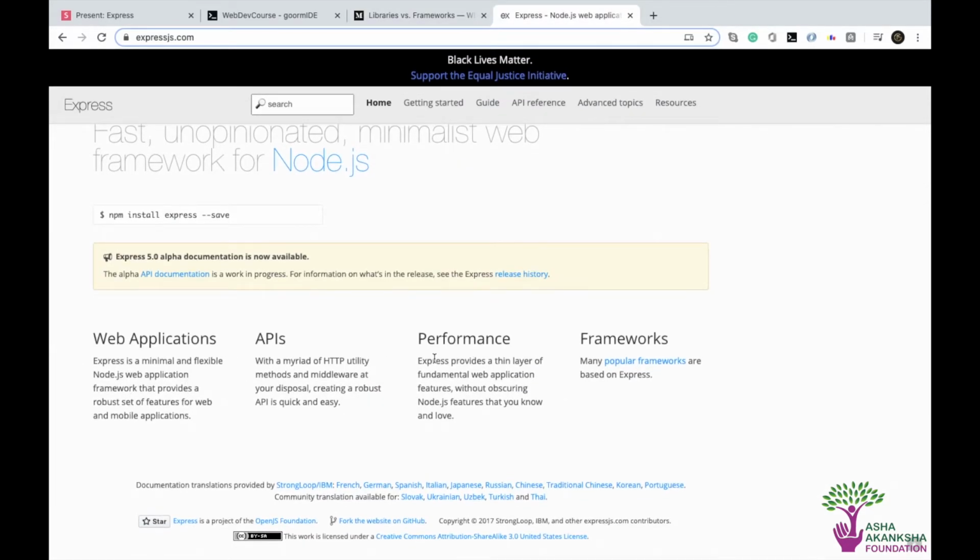So, minimal and flexible, right? So it's easy and it's really flexible. So using Express, you can do whatever you want to, right? There's no stopping you in doing whatever you want to. So basically you are in control, but you are controlling everything through your framework, which is Express. And you will be plugging things into Express to make it work like you want it to work.